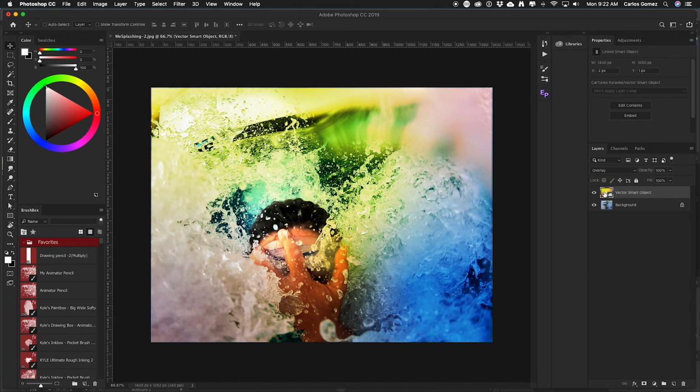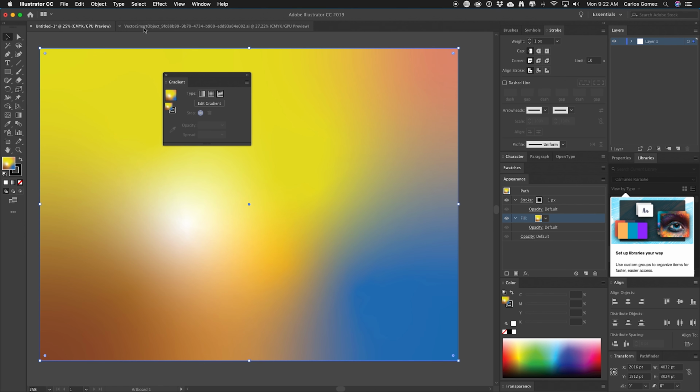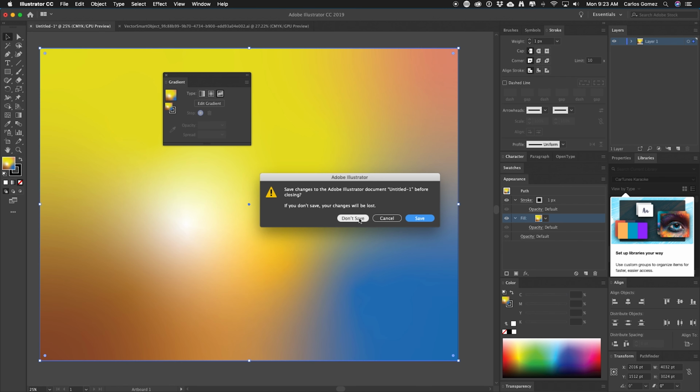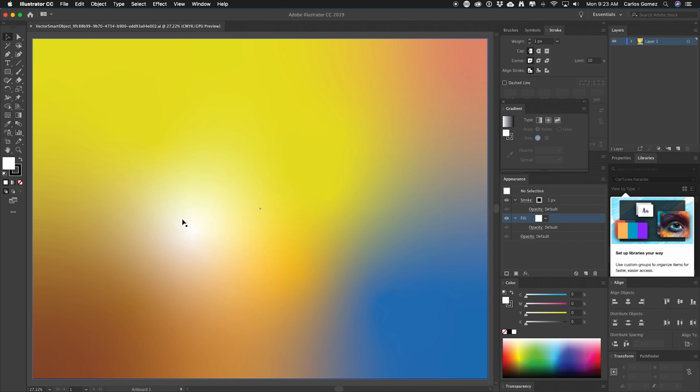So this is why it's important that we had that smart object option checked when we first pasted this shape down. Now I'm able to double click on that smart object, and this is the original, and this is the vector smart object, right? So this is our original. We can close that, and I'm gonna say don't save because we don't need it. We have this guy here. If I click on the gradient, I'm able to then come here, change the color,